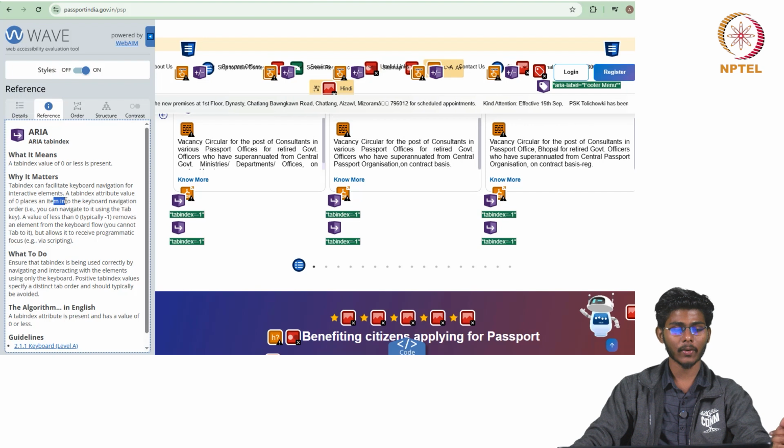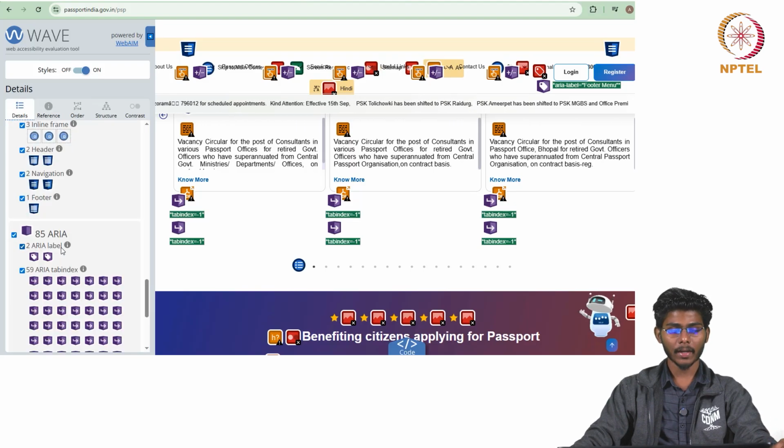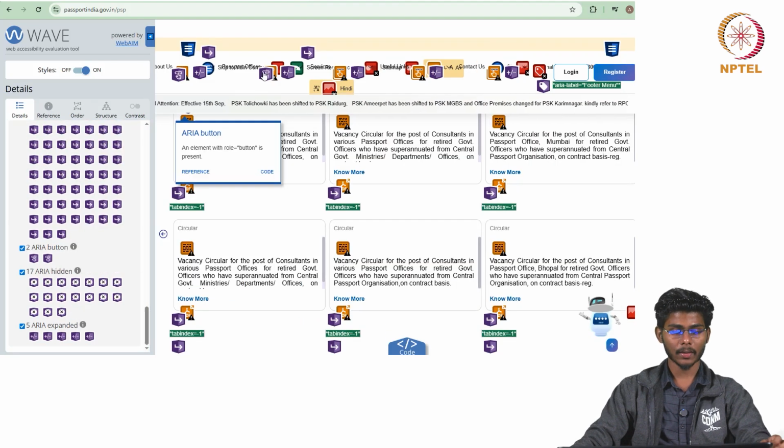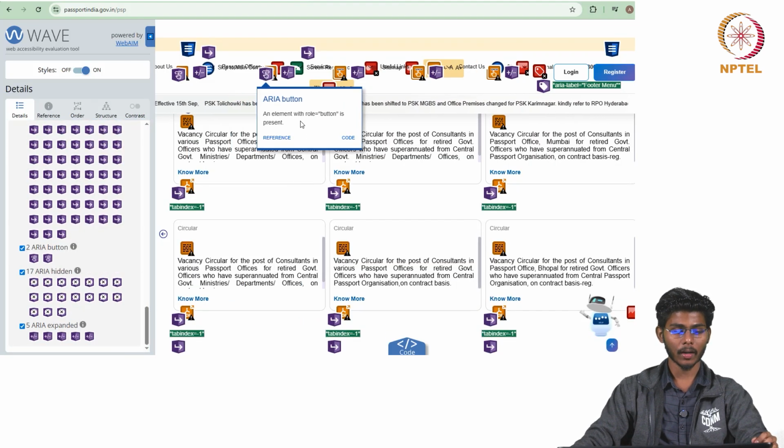You can check in the ARIA tab. Basically, in the keyboard navigation order, you can easily navigate using the tab key. If the value is less than 0, or typically -1, it removes an element from the keyboard flow. So these are the ARIA issues, the ARIA button issues,